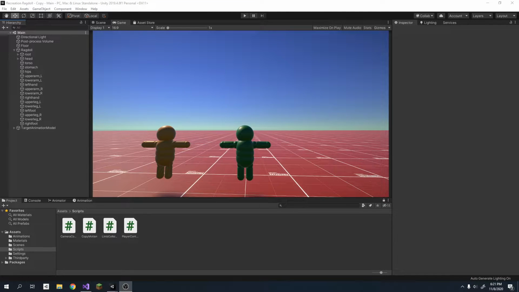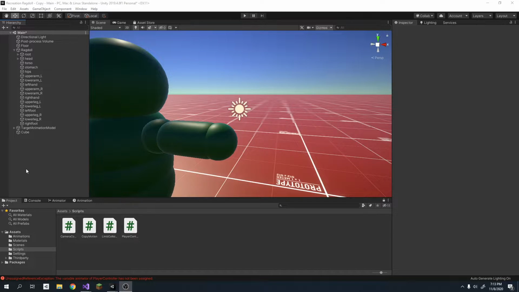Hey guys, welcome back to part 7 of my Unity Ragdoll series. In today's video, I will finally be covering grabbing. So by the end of today's video, your Ragdoll will be able to grab different rigid bodies. Let's get started. Okay, so before I begin the grabbing script, there are a few changes that I want to